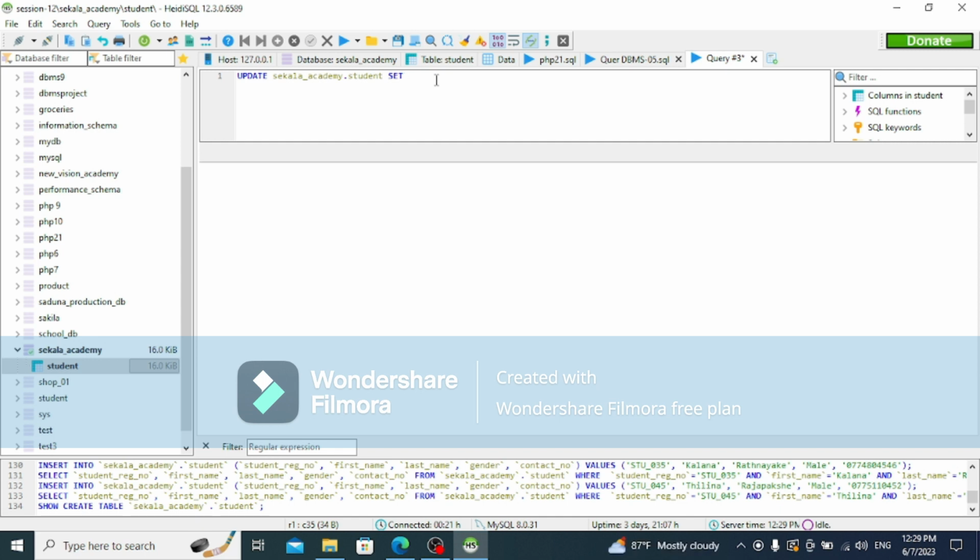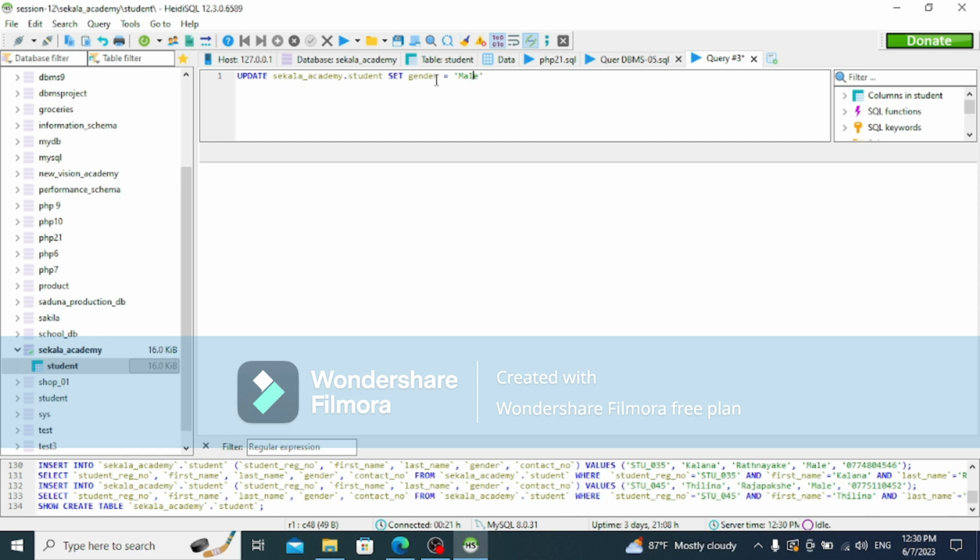So we want the gender of a particular student. It should be changed to male in the database. So we set gender equals male,